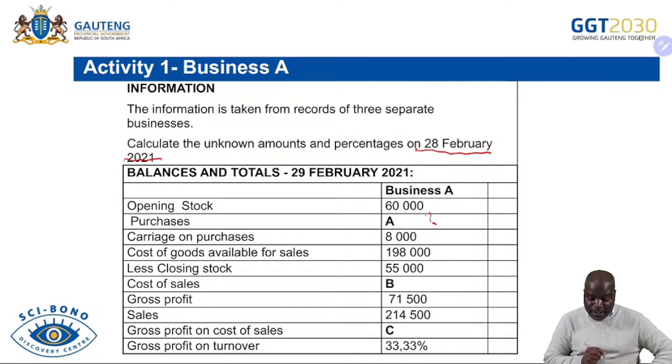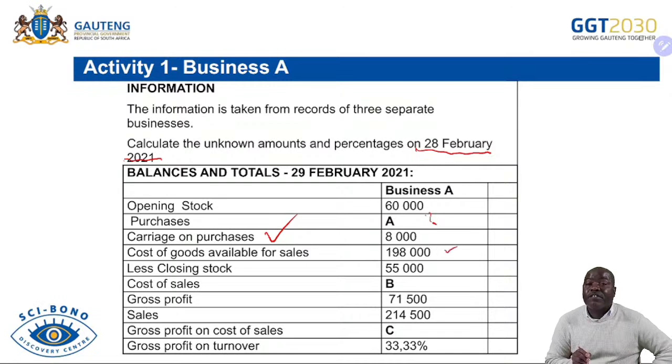Let's look at it again. We have got your carriage on purchases. Do we include carriage on purchases? Yes, because it affects the cost of bringing stock into a sellable condition. When we buy stock as a business, we transport it to a point where we are going to sell it. So the price of that stock will be affected by that carriage. But carriage on sales doesn't affect that, so you won't edit that one. But this one, yes, it is supposed to be added. And then once we've got all those added up,